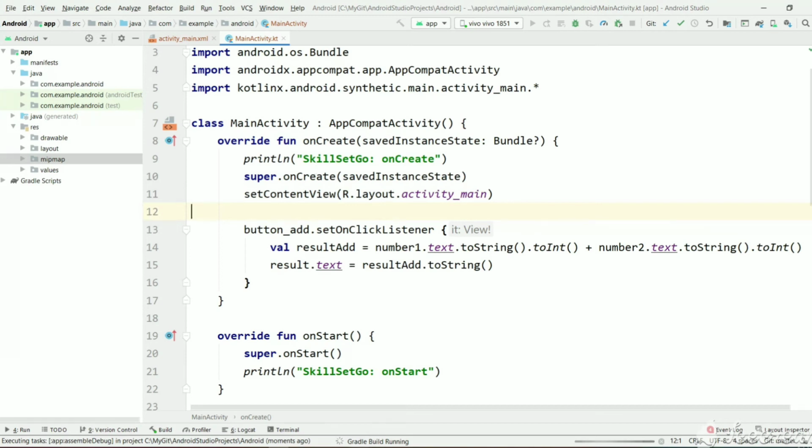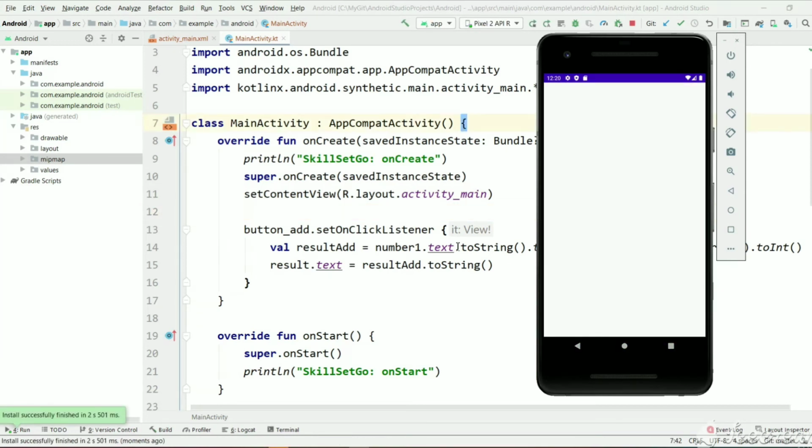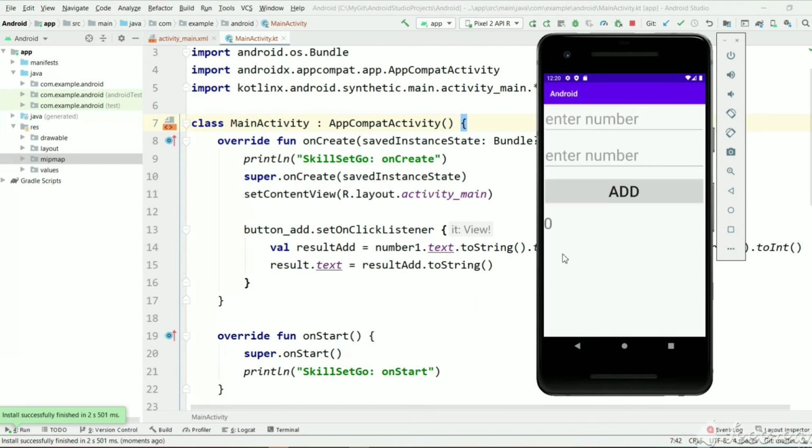On execution, we need to see a screen with two text boxes, one button and one TextView to see the result. So here, as you can see, we have two text inputs and we have an Add button, and here we will be seeing a result.